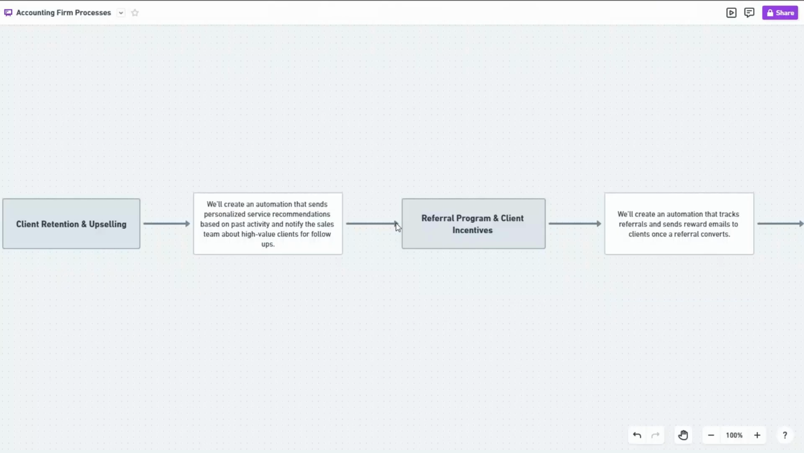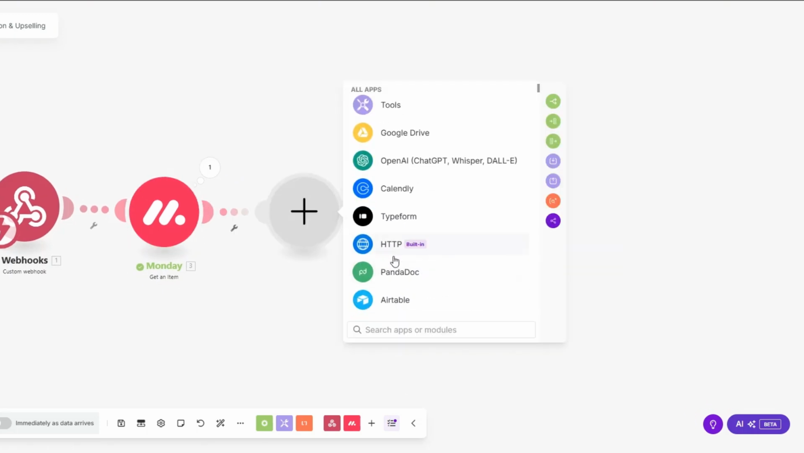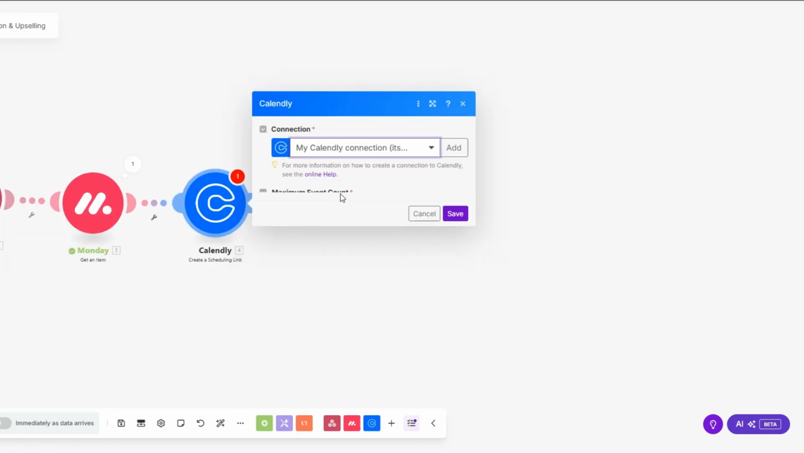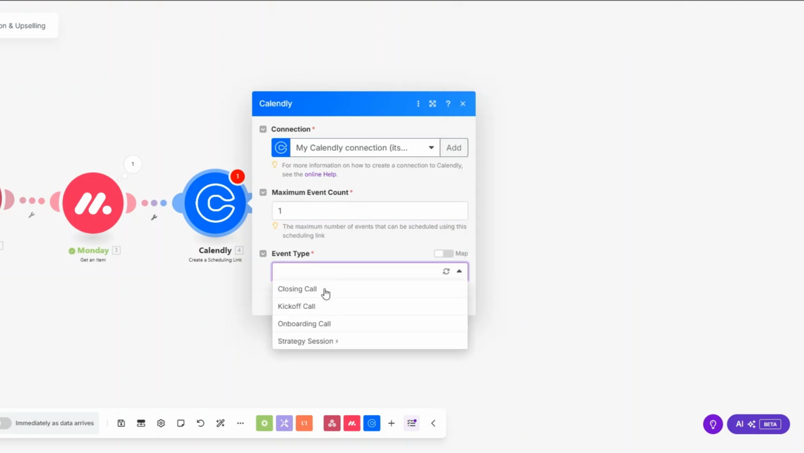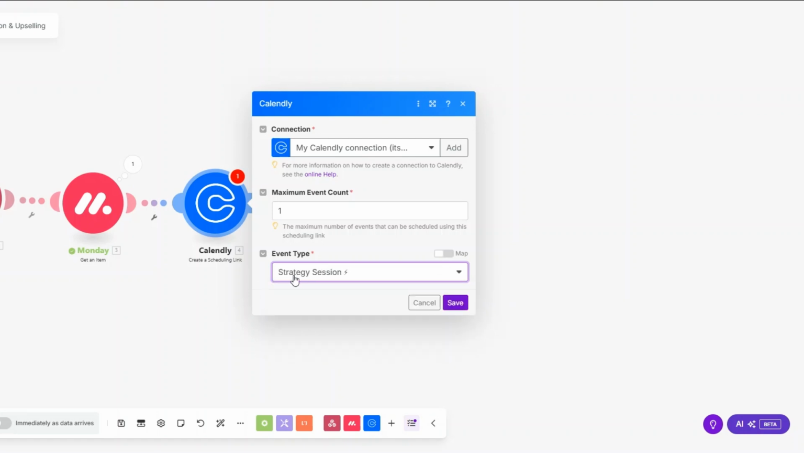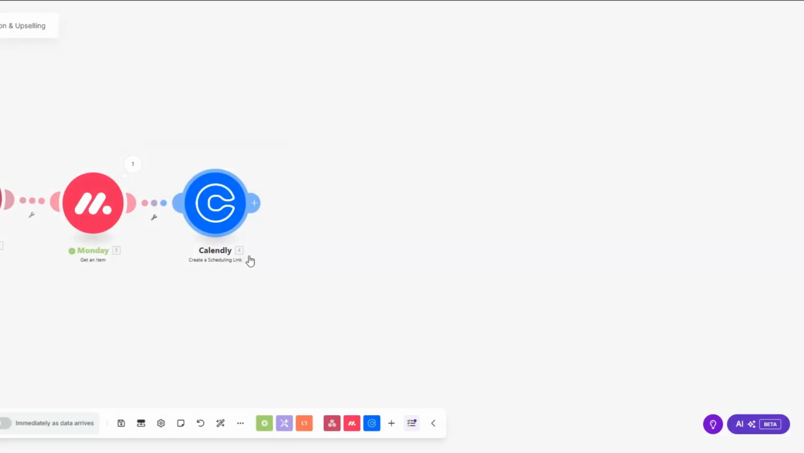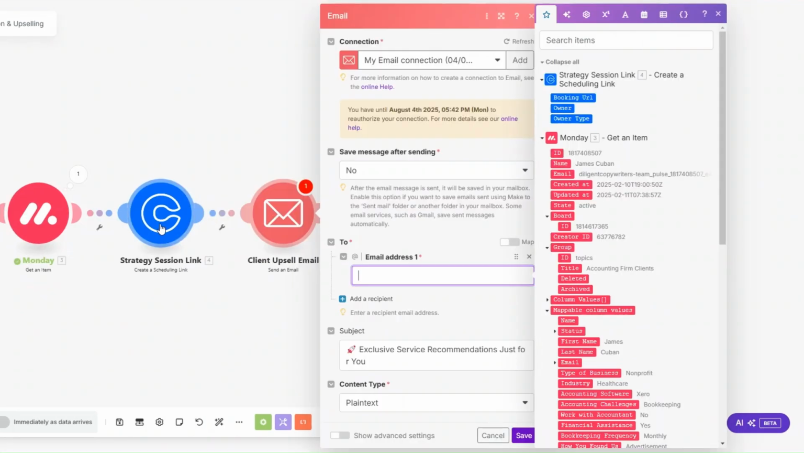information right here. Now, since we're sending our client personalized service recommendations based on past activities, here you can create a scheduling link and send the link to them for them to book a call to talk about the services you're recommending to them. So I'll choose my connection. I'll choose the maximum event count is 1. Choose an event type. You can create an event type on Calendly and can choose it right here. In this example, I'm going to choose strategy session and click on save. I'll rename this to strategy session link. And then we're going to send the strategy session link and the service that we're recommending to our client